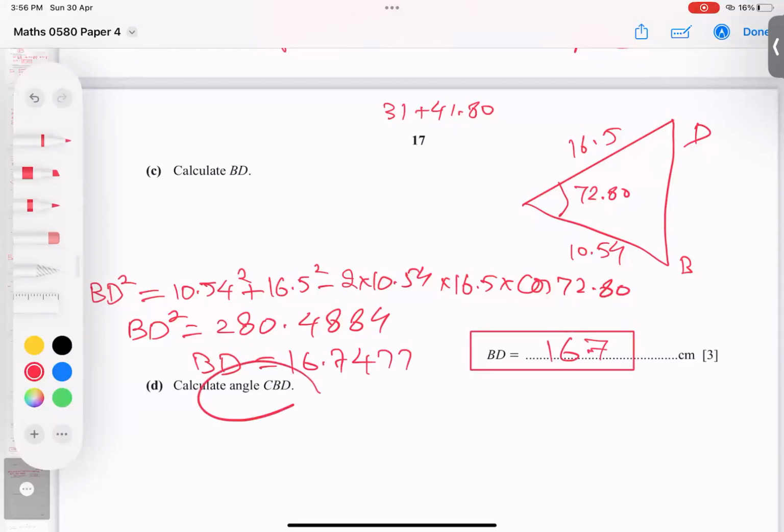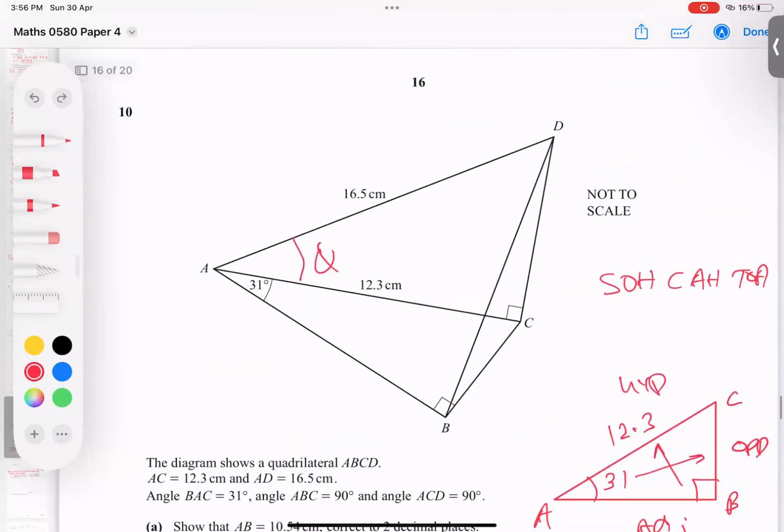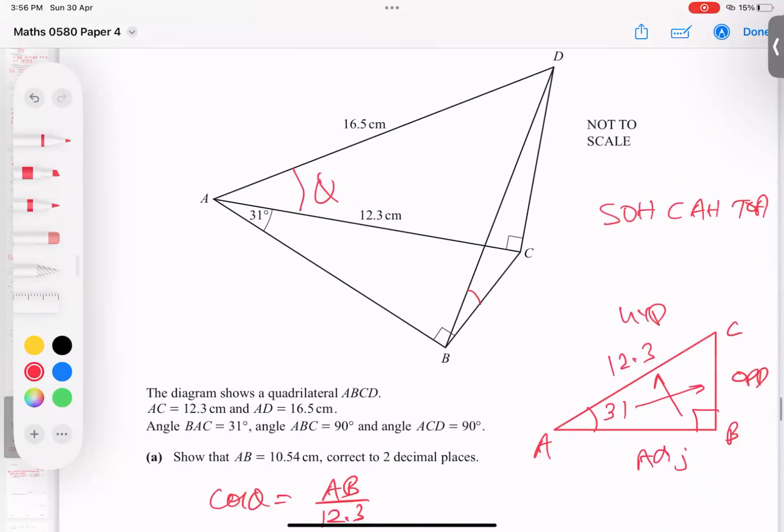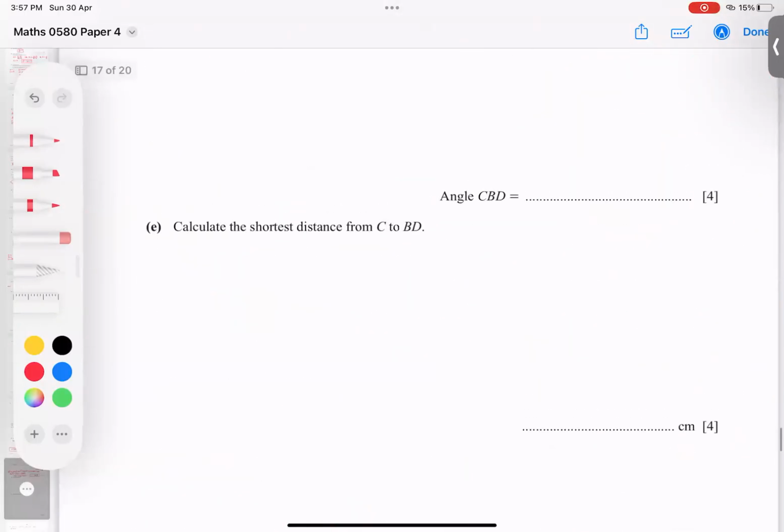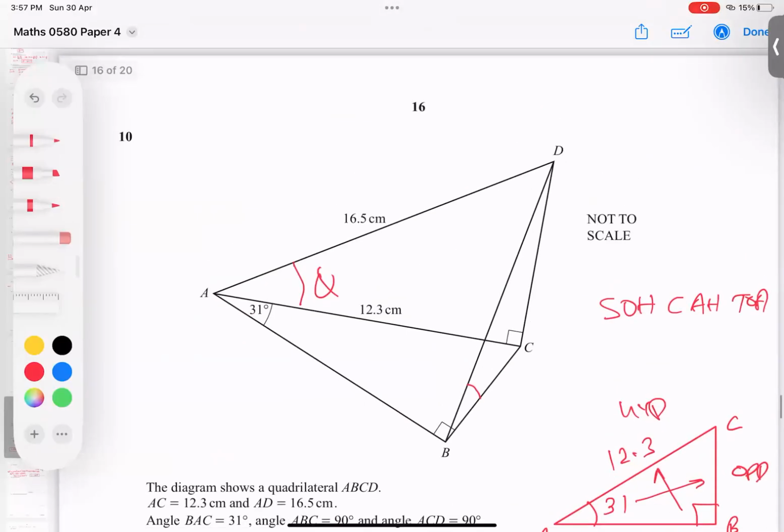And now he's asking CBD. CBD. Where's C, B, and D? Okay, he talks about this angle. This angle he's talking about, CBD. So in this sense, C, B, and D. Okay, I think I can find it. And this is a question for 4 marks. CBD is what is being asked for. So what is the approach here? I think I can go for